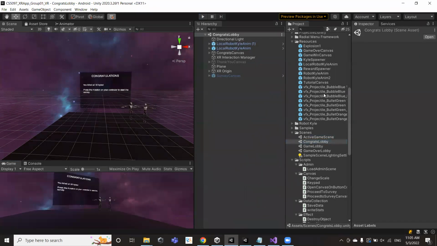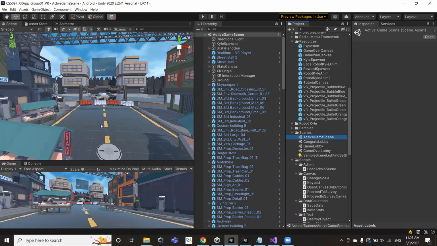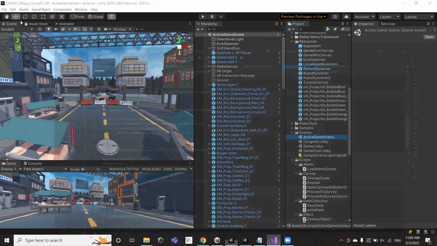And then in terms of the main functionality, I made a norm core version of the spawn Kyle script. So you can find that in the active game scene. The spawn Kyle script is basically attached to an empty object within the scene called Kyle spawner. The role of the Kyle spawner is to randomly instantiate a set number of Kyles within the scene. So if you look at the script,